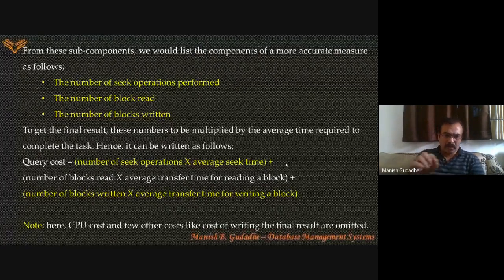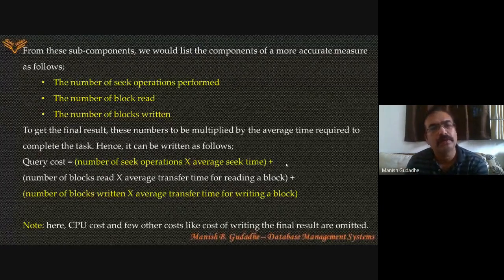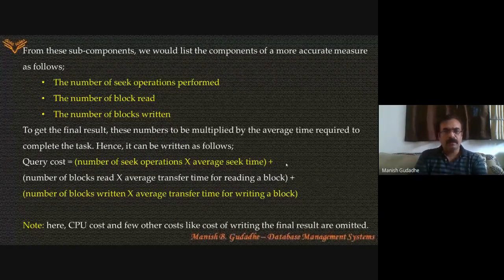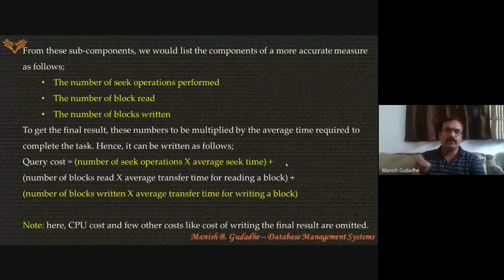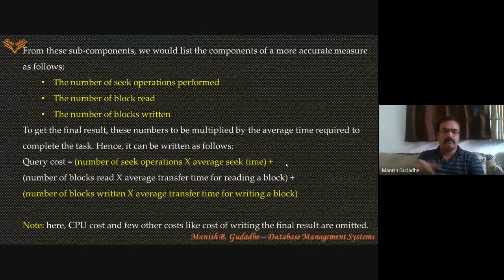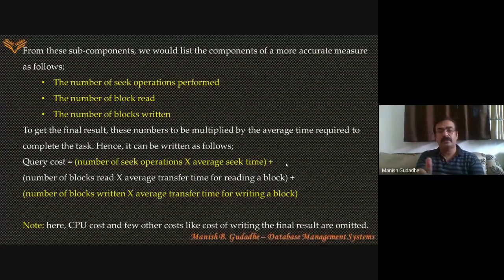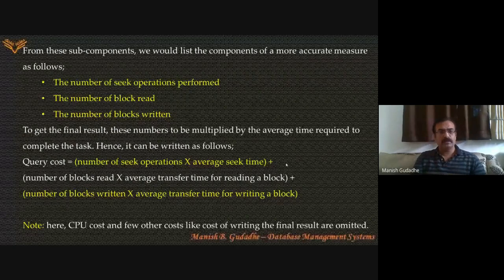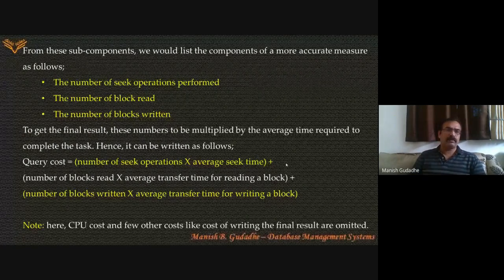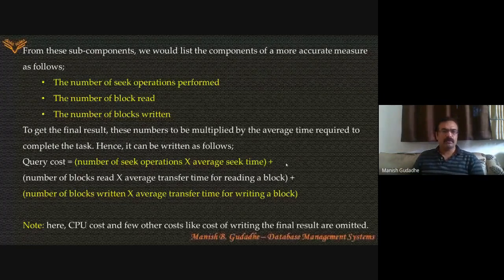Okay. This kind of problem may be asked in an objective examination. So calculate the query cost for executing a query which has a given number of seeks, blocks to read and blocks to write with average times. You will have to apply this formula and find the result. Most of the time this will be in microseconds. That unit also you will have to take care of. So some problem may be asked based on this kind of question.